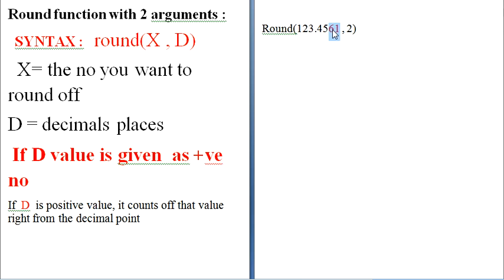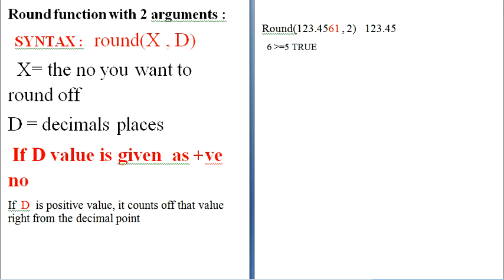Before removing the excess value, let us see what it actually does. It is decided that only this part of the value has to be placed, but before generating the final result, the excess value which we have to remove from the given number, it will take its first digit. In this case it is our 6. Now it compares the 6 with the given statement, like we already saw in our previous example. It will check whether the 6 is greater than or equal to 5. Obviously 6 is greater than 5, so in this case it is true.